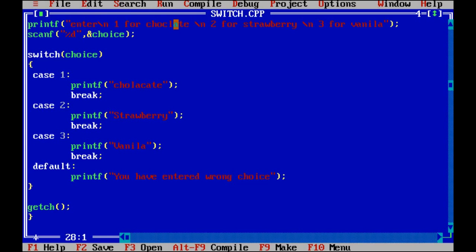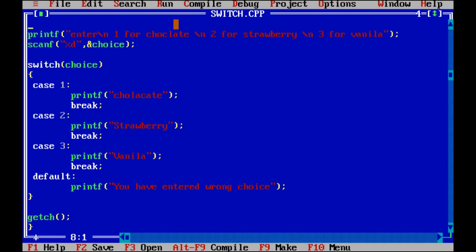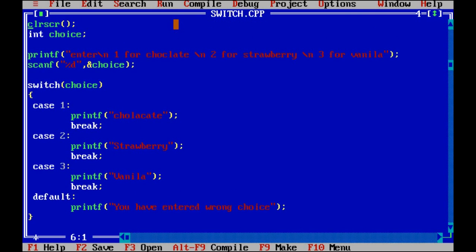Okay. Now the next thing you have to do is, on your own you have to write a program in which you have to ask the user to enter a character. This time it is not a number, remember, it is a character to be entered. And from the character which the user enters, you have to specify whether it is a vowel or not. So how will you solve this problem? I will explain. Here instead of integer, you will declare a character variable.